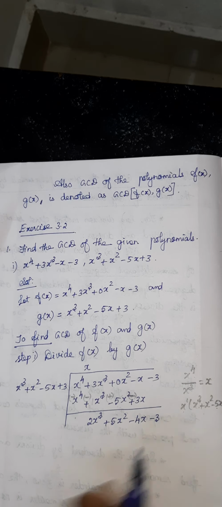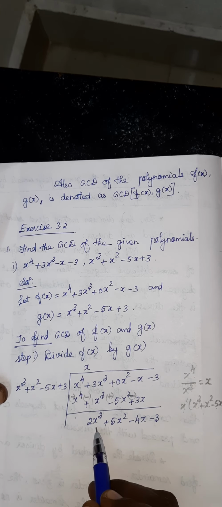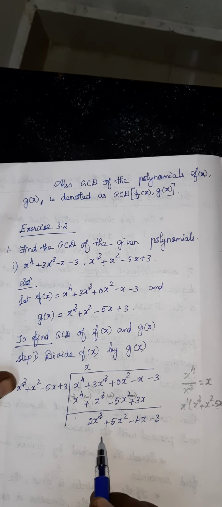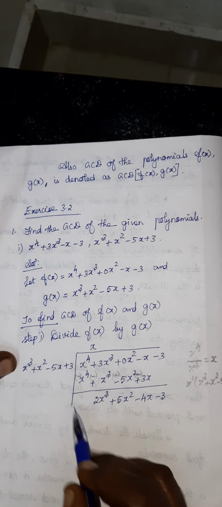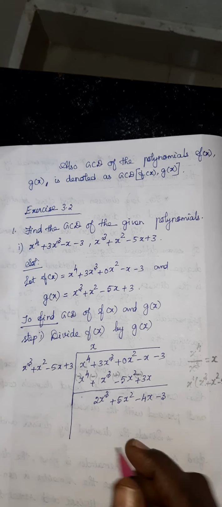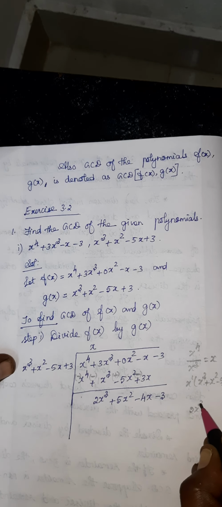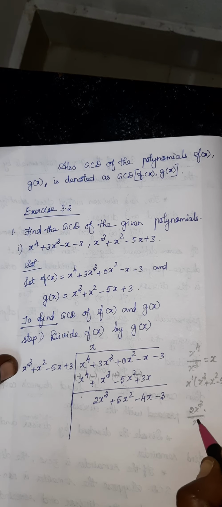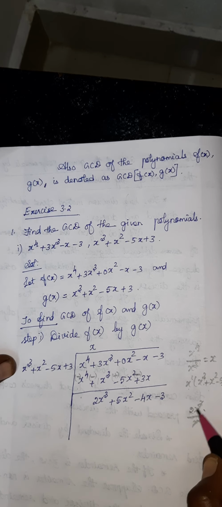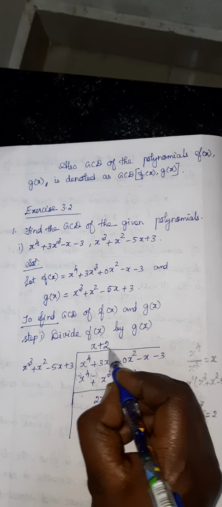Next you bring the last term also. Okay, since now you see the power of the divisor and this polynomial, both are same. So we can continue the division now. Use the same procedure. The dividend first term 2x cube and divisor first term x cube. You can cancel this x cube and x cube. So you will get 2. So it is plus 2. So plus 2 you put in the quotient part.